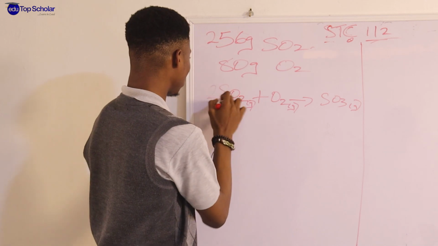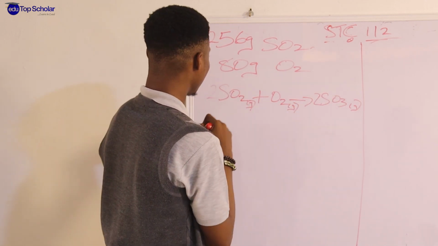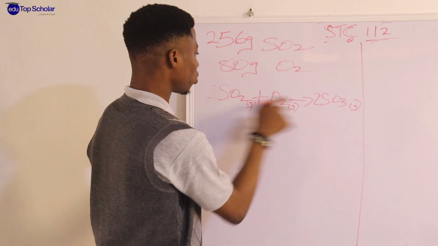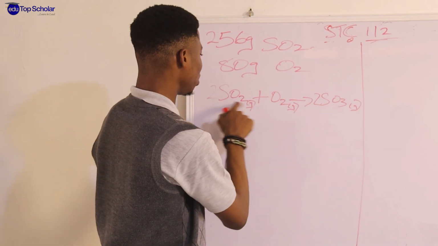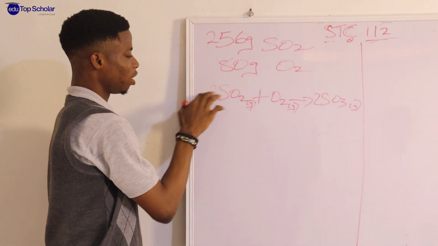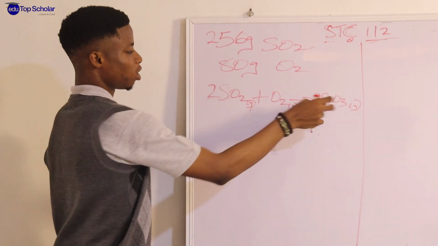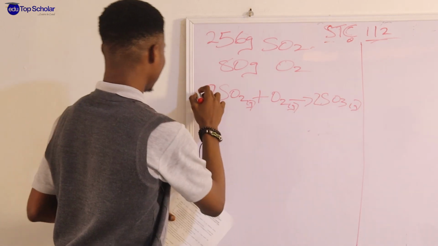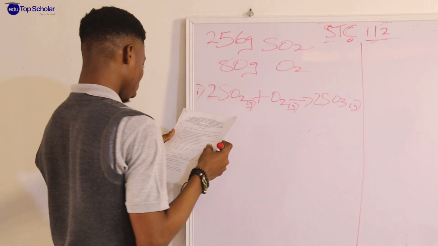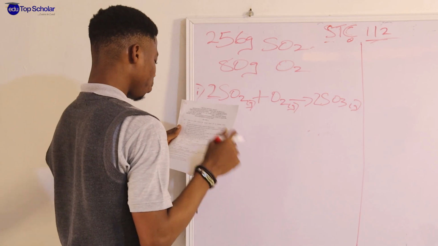So let's put 2 here. We have 2 sulfur here, so we need to have 2 sulfur here. So 2 sulfur, 4 oxygen plus 2, 6. Then 2 times 3 is 6. So it is balanced now. 2 sulfur, 6 oxygen, 6 oxygen. So that's that. So now the next question says, calculate the number of moles of each reactant present at the